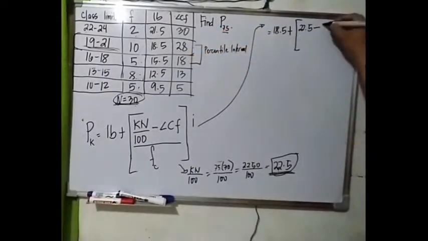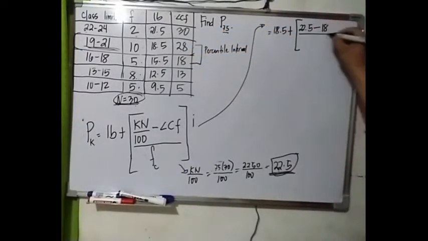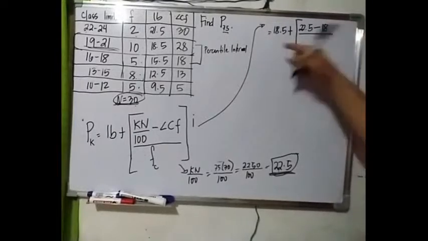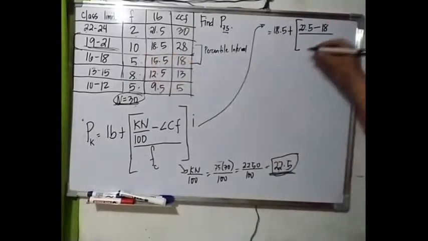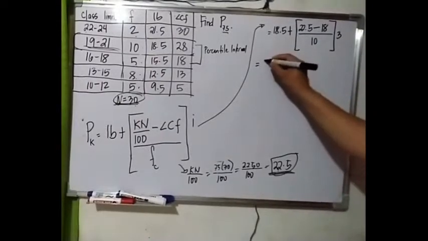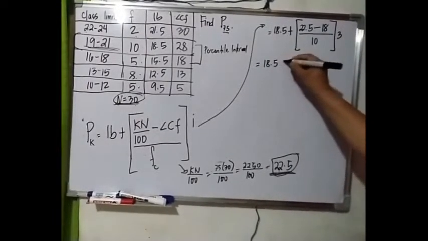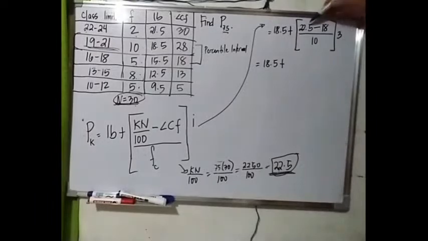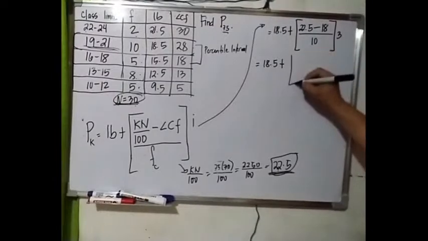So that is 18 over frequency, that is 10 times 3, that is class interval. Next, 18.5 plus 22.5 minus 18, that is equivalent to, what is your answer? 4.5